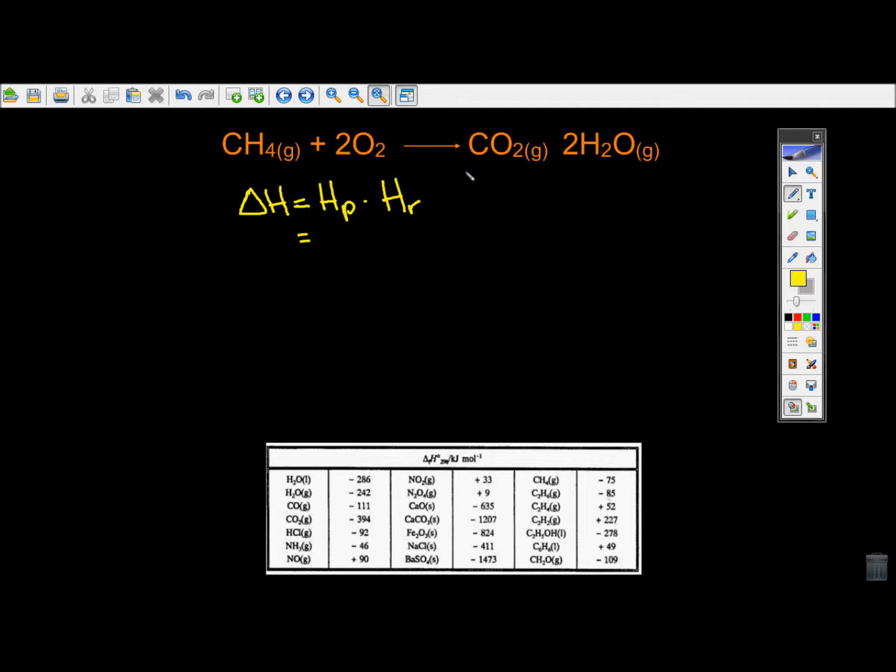So our products, we got carbon dioxide, so let's see, it's negative 394, plus we've got two waters, gaseous waters at that, so I need to multiply my gaseous water value by 2, negative 242. Okay, minus our reactants, methane, negative 75,